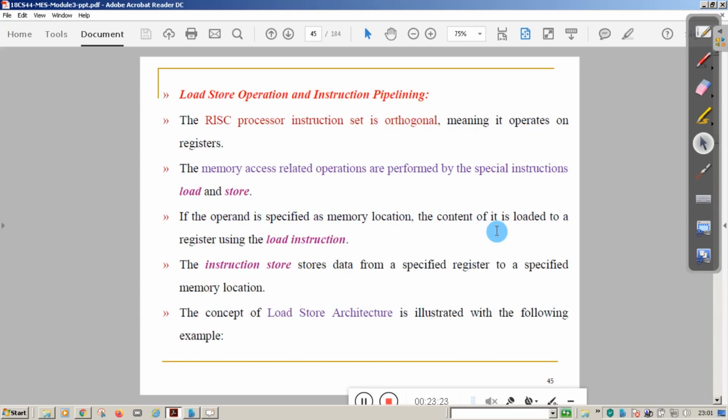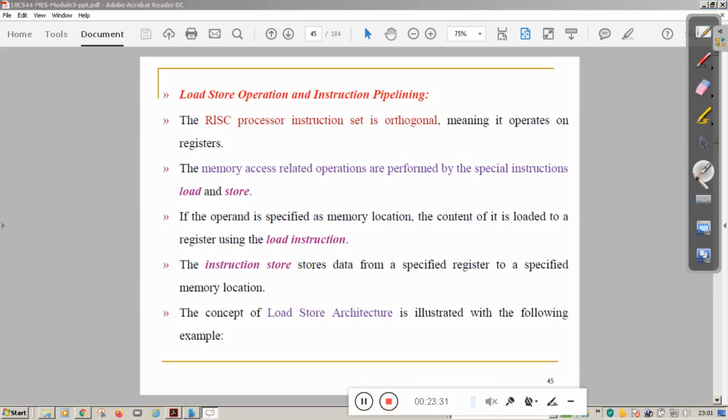So next one is load, store operation and instruction pipelining. RISC processor instruction set is orthogonal, which means it operates on registers. Most of the time in the RISC processor, operations work on the registers, so memory related operations are very few. For example, if you take ARM7